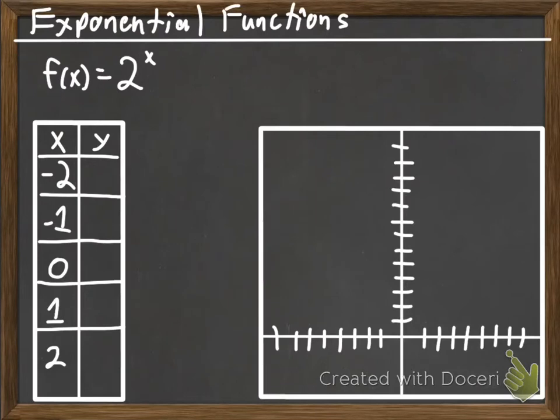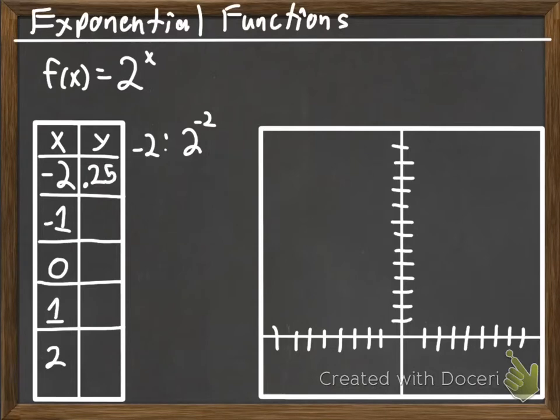Okay, so here we go. Our first exponential function that we're going to graph. It's f of x equals 2 to the x. So it's going to work the same way. We have our input-output table, and we're going to plug in our values here for x. So when x is -2, we get 2 to the -2. And when I plug that in the calculator, that gives me